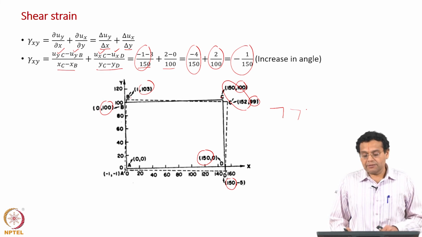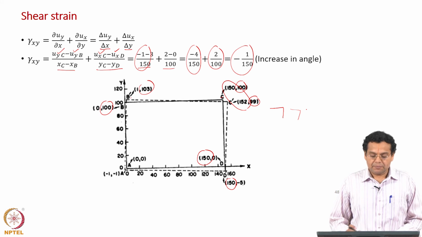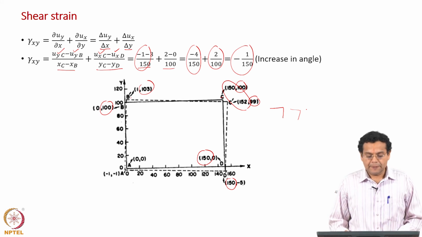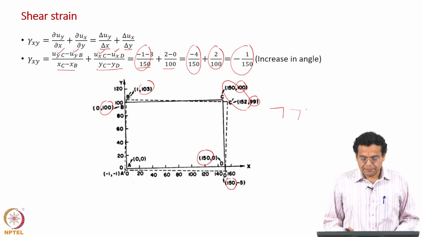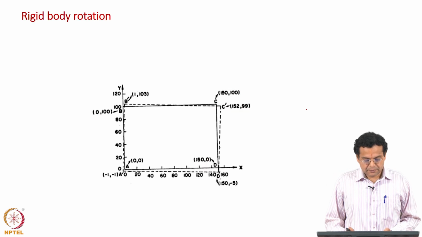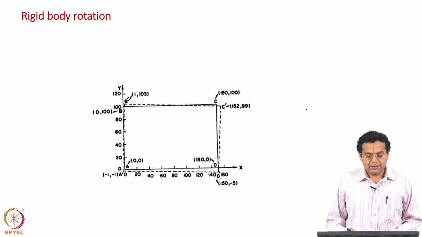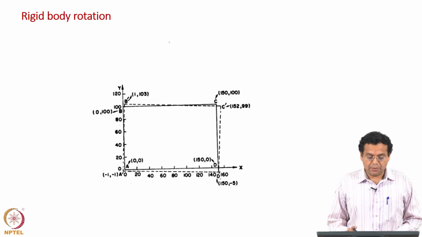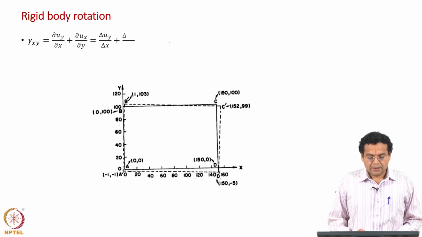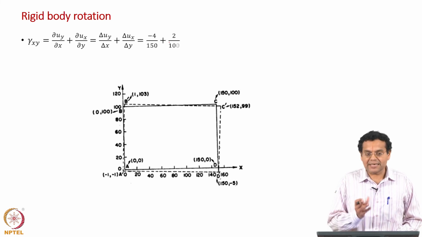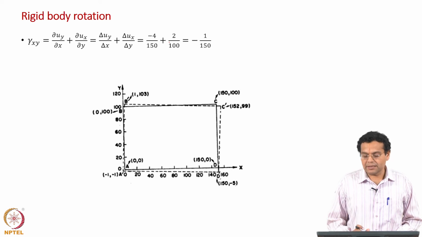We have quantitatively calculated the shear strain based on the measurements of the coordinates, in terms of the displacement gradients. Now, finally, we will calculate the rigid body rotation. In the previous slide we calculated the shear strain in terms of these displacement gradients, and I am just repeating it so that we can refer to it for the present calculation. Only a sign change is required. This is the same as what I had done in the previous slide.